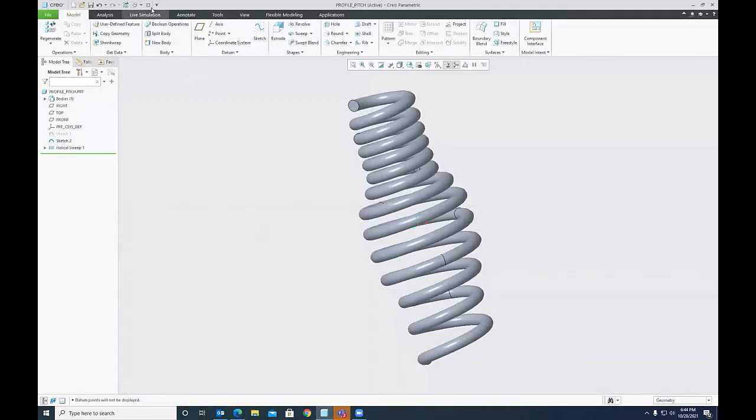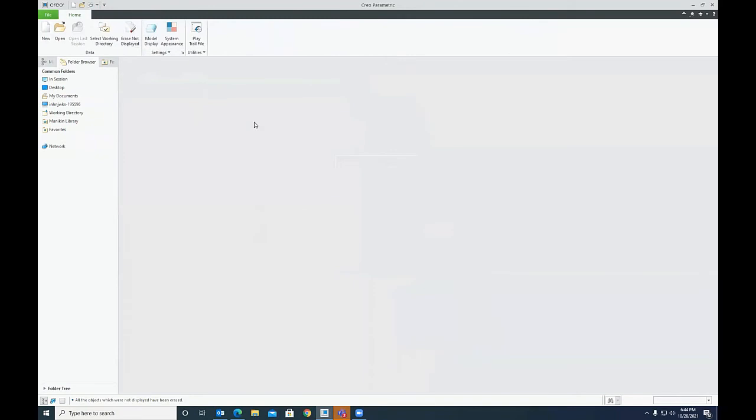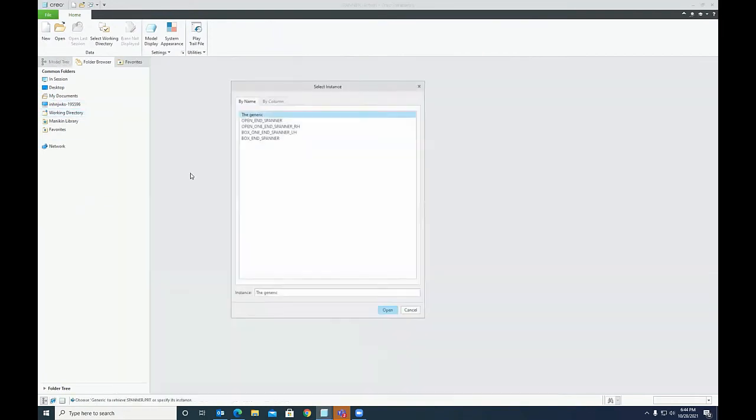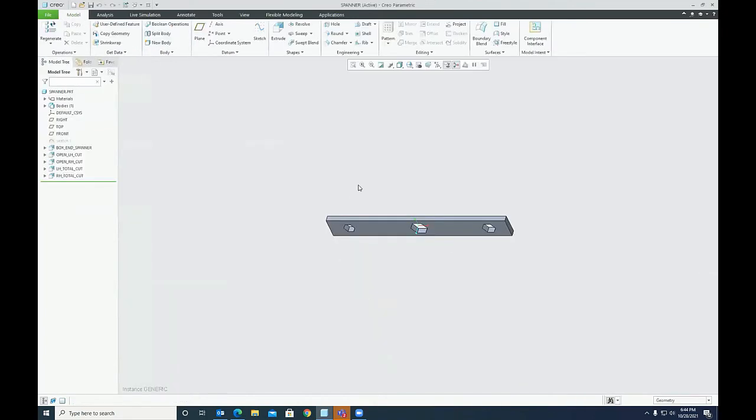Then let us go for the next topic. This is regarding the family table. As we know, from a family table we can derive different types of models of the same part having either some different geometry or some different dimensions, but the base model for them is the same. Generally, that happens in the terms of families of nuts and bolts or washers, which are standard components. So this example I will show for a spanner.